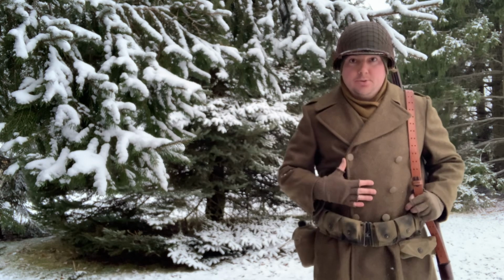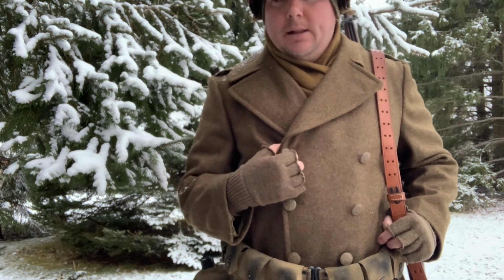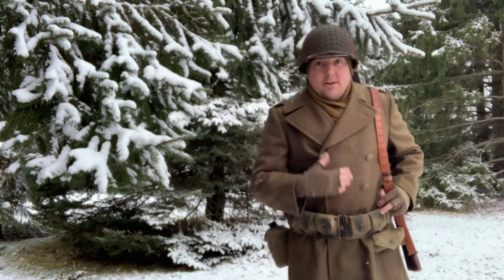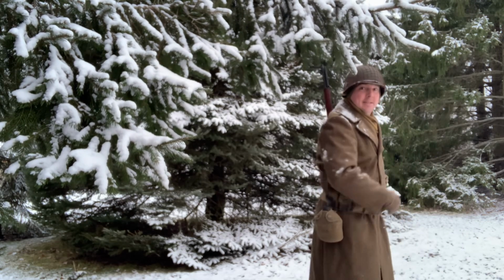The biggest thing to show too is the overcoat. So there was some warm weather items. You still saw jump jackets as well as M43 jackets a lot. I decided to go with the coat, and as well, I'm gonna try and go far enough back here without the snow falling on me,